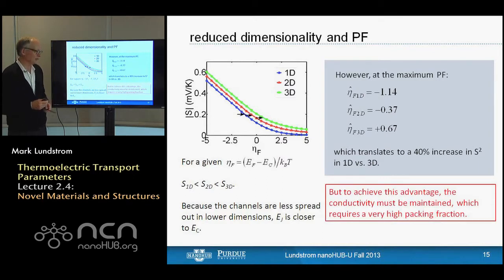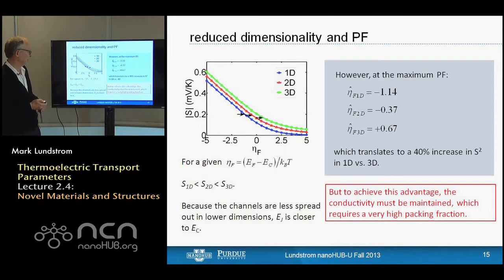Now, the only difficulty with that is that in order to make this work, we need isolated nanowires that are quantum confined. And now when you start thinking about packing fraction issues, how closely can you space these? In order to pump any significant amount of heat, we need as many channels as possible, which means we need as many nanowires as possible, packed as closely as possible. And once you start thinking about these packing fraction losses, it becomes difficult to get any really large advantages from